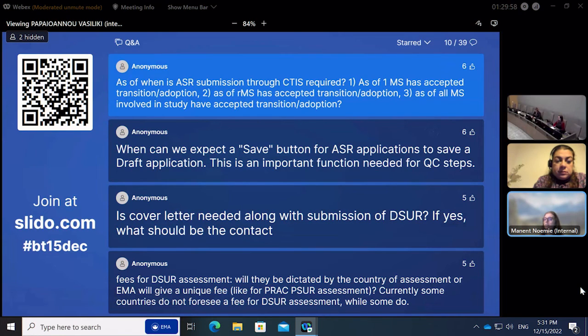Right, thank you very much for the question. I think here we can imagine this is potentially for a trial that has several member states concerned. And we can envisage that the decision on the trial is not done on the very same day. But if the full package has been submitted through CTIS to the member states, if part 1 and part 2 indeed were submitted to several member states, the actual timelines of when the ASR, and if it's the very first trial with that product, what kicks off